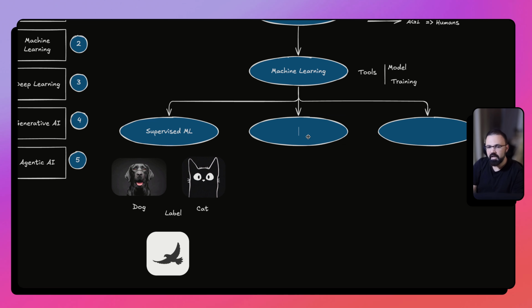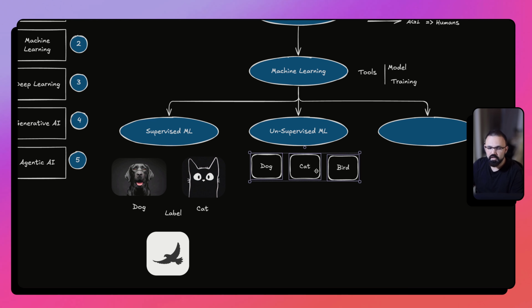Now, the next category of machine learning is unsupervised machine learning. So this is where you just give a set of images. This unsupervised machine learning model will give you a cluster of what it thinks these images are related. Now, for example, you are adding to this machine learning the same, right? So for the training data, you added a bunch of dog images, a bunch of cat images, and then a bunch of bird images that you are training your machine on.